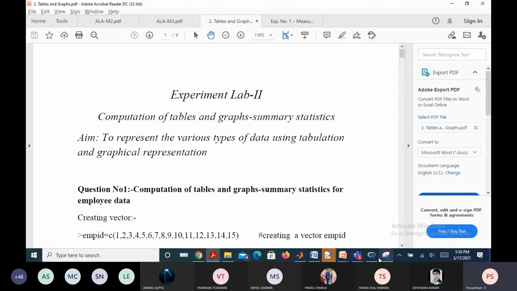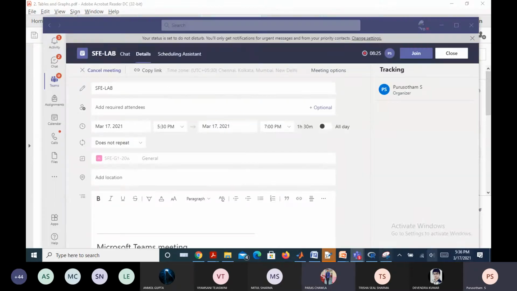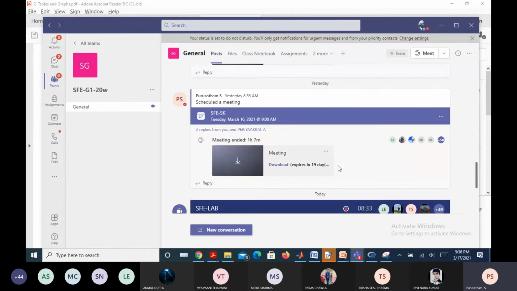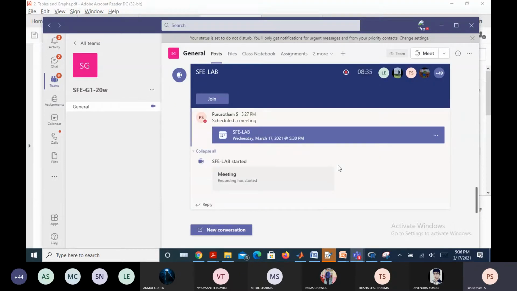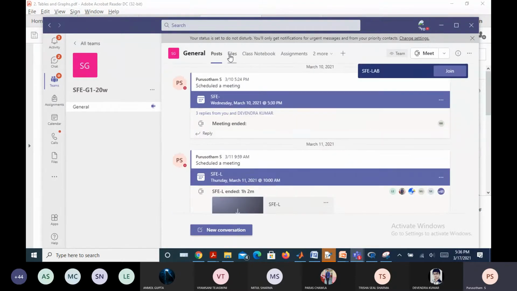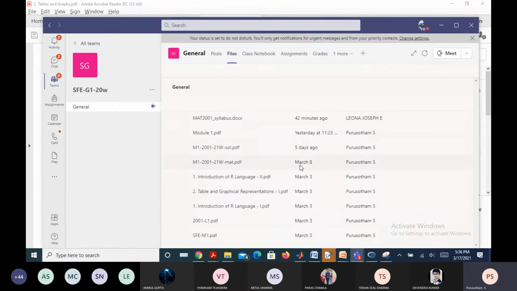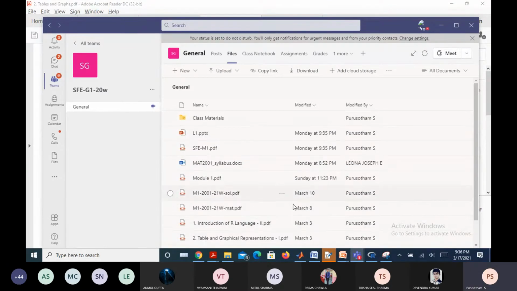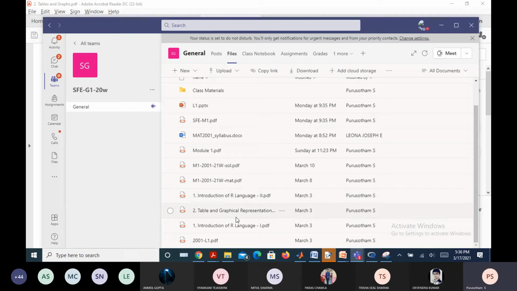Is it available? Yes, sir, it's available, sir. Okay, well, so if you have any queries in between, you can also refer to that PDF if it is necessary. Fine. Somewhere tables and graphs is up. Yeah, right. Graphical representation is there.